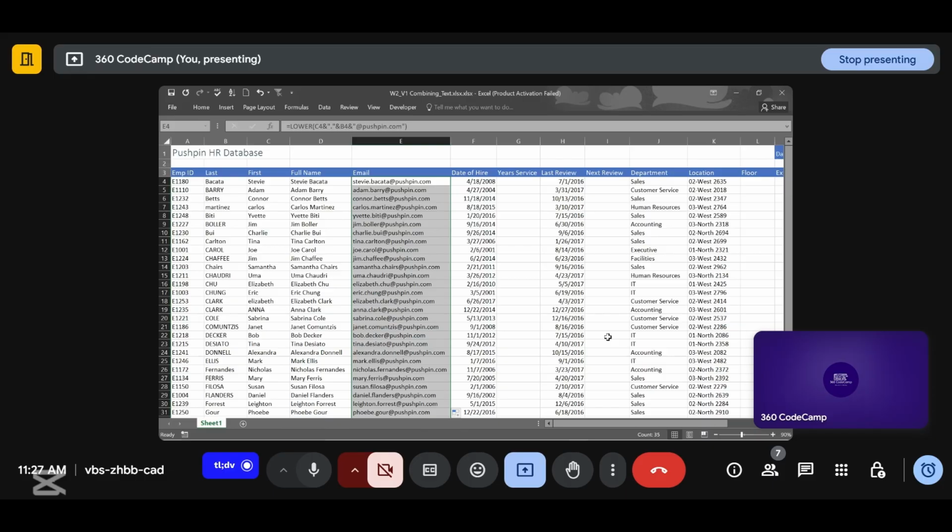For me, I know generally email addresses are written with